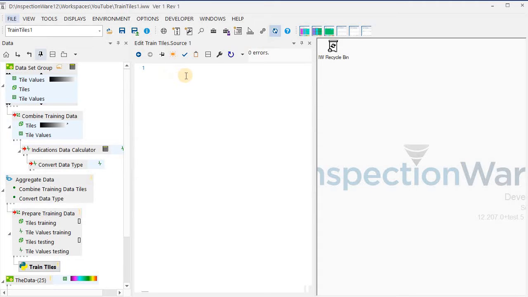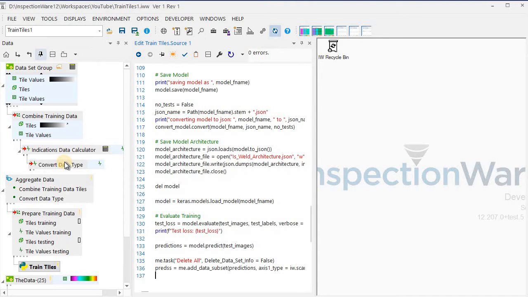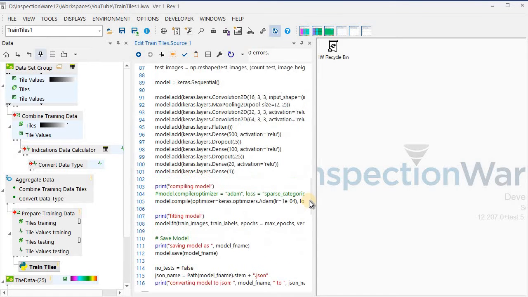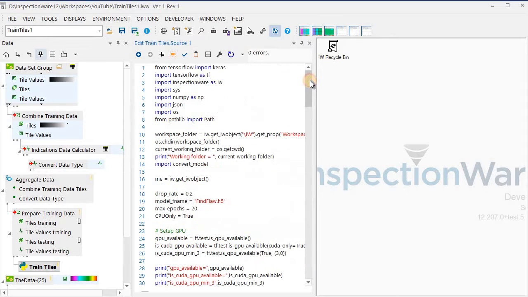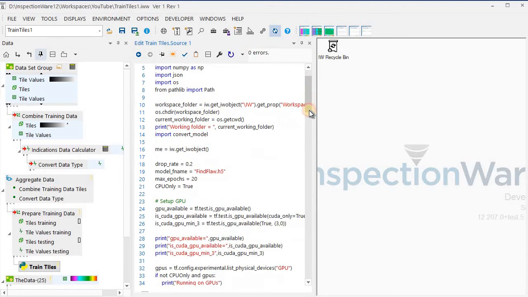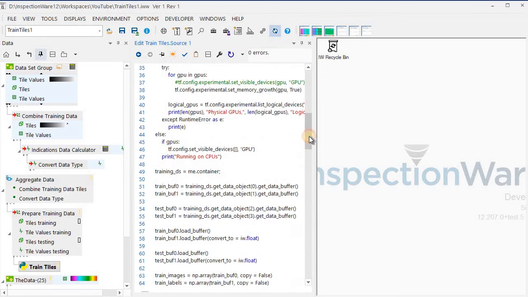I'm just going to drop my code in here. I'll do a paste. And I'm not going to go through all the training of the neural network and so on. I'll just look at the InspectionWare part. And that basically comes down to this bit here. So the training data set,